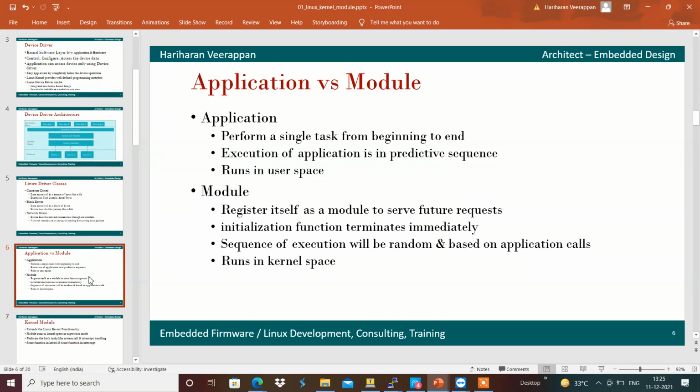For example, we will compare the application versus the module. An application runs as a single task from start to end. In case of a module, it will be registered to serve future requests accordingly. For example, as we have seen, the file system or memory management has been registered and it is alive